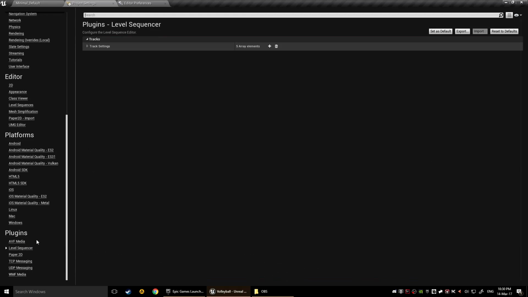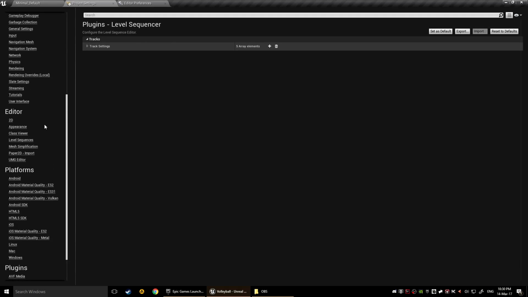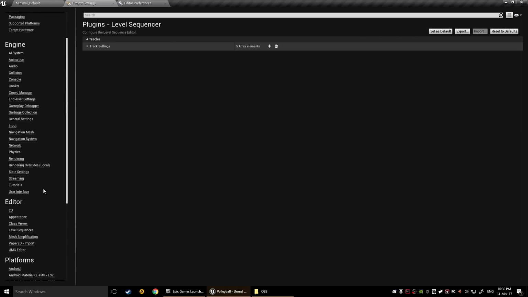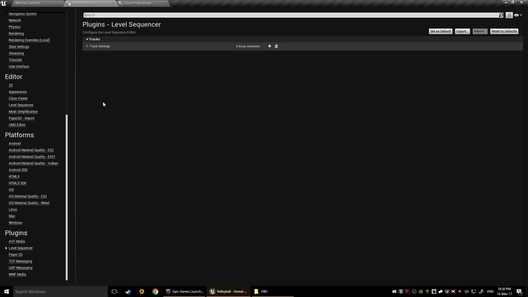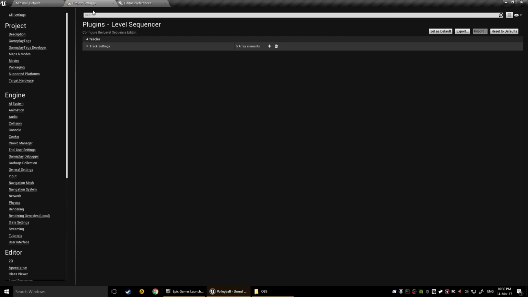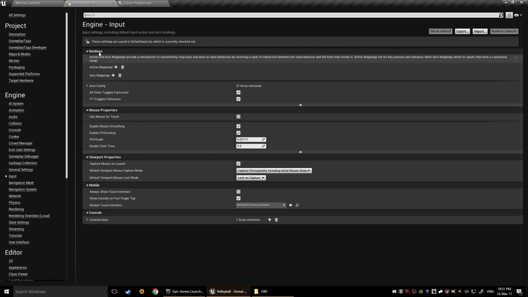When it comes to plugins, this is your level sequencer, which is what we were looking at before, by the way. But you shouldn't really bother with these plugins just yet. Anyway, these project settings, you should play around with them, really, at least when you're done with your game, at any rate. Not something you need to bother yourself with right now, with the possible exception of the input, because that's pretty important. And the collision, and maybe the garbage collection, and maybe the rendering, maybe the physics too, but not the